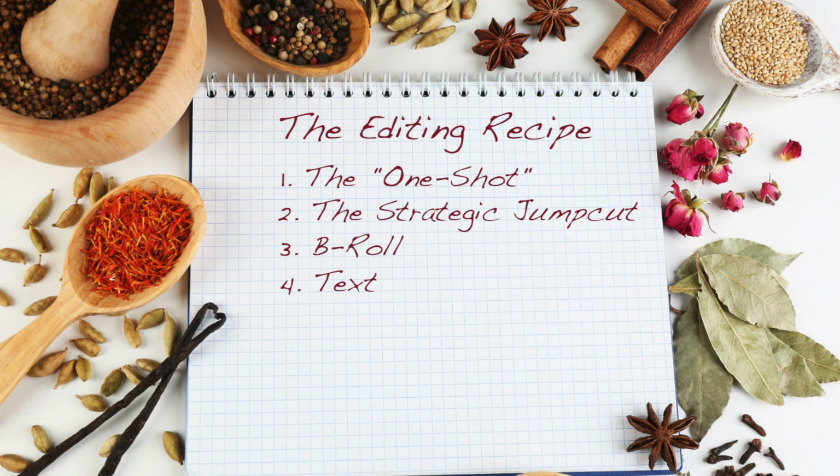Now, B-roll is fun, but there are other ways of telling the story that don't require so much production. You could simply add text. On-screen text clarifies and reinforces your script points. How much text you add and how elaborate the effect, that's up to you. But wall-to-wall text can take a lot of time to lay down. So if you want a big shortcut, maybe to take off another 40 minutes, don't add any text other than a lower third,